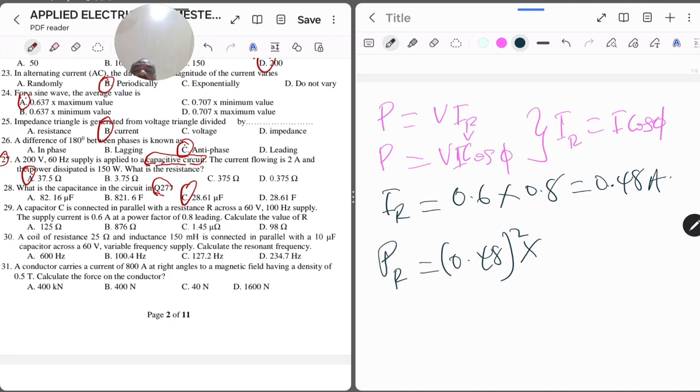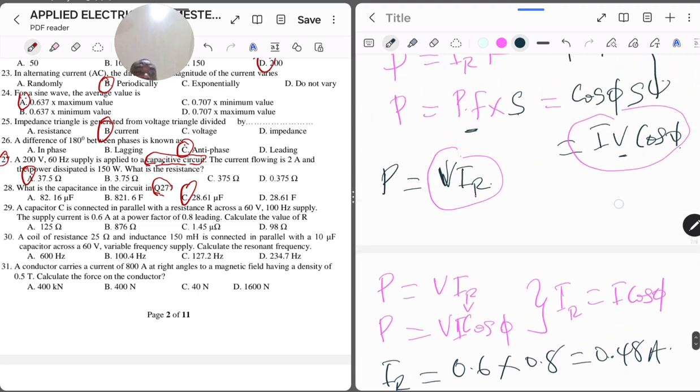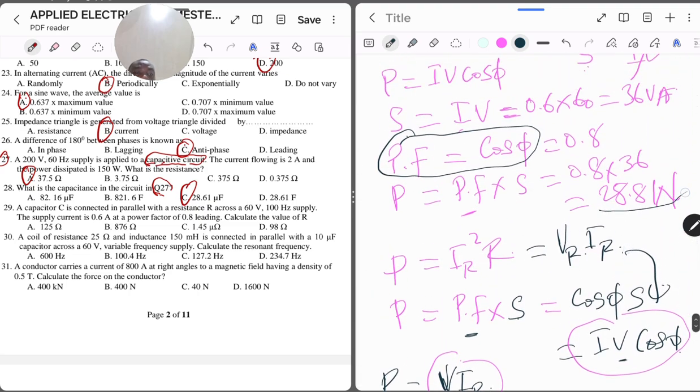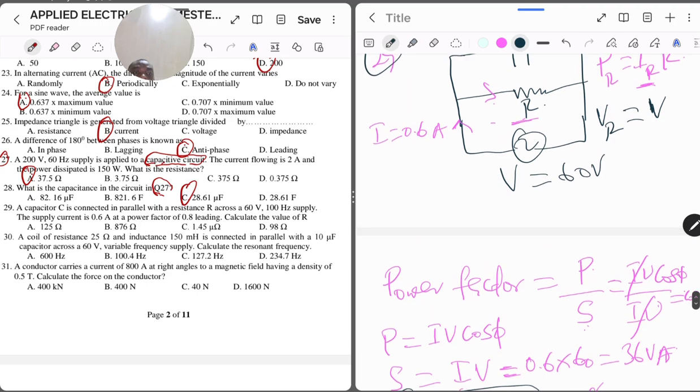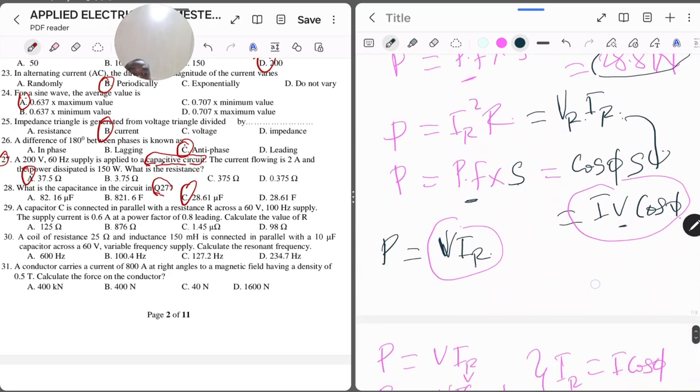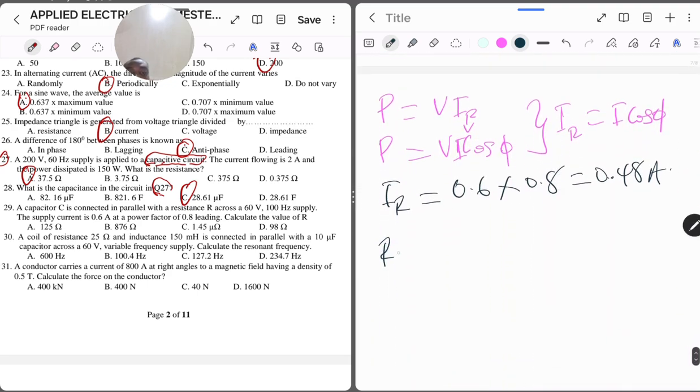You make the resistance the subject, right? We're interested in the resistance and we know the power. So let me do this very well. We know the power, which we got here, so we are to make the resistance the subject. So resistance here is equal to power PR over IR squared, which is